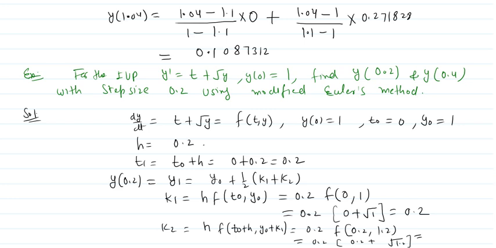So k2 is approximately 0.2591. So now you have k1 and k2. Substitute these values here, and the solution at 0.2